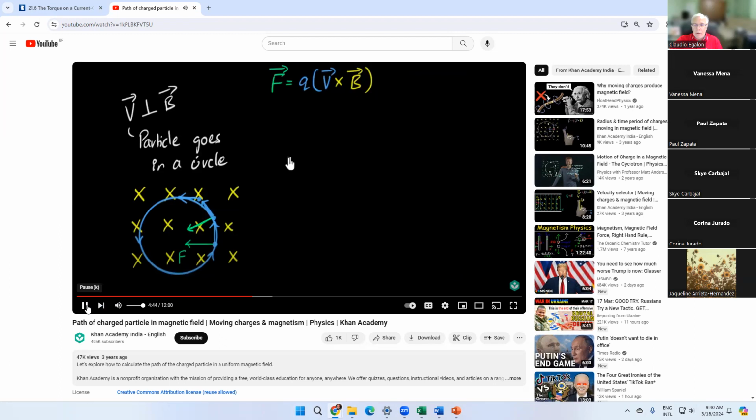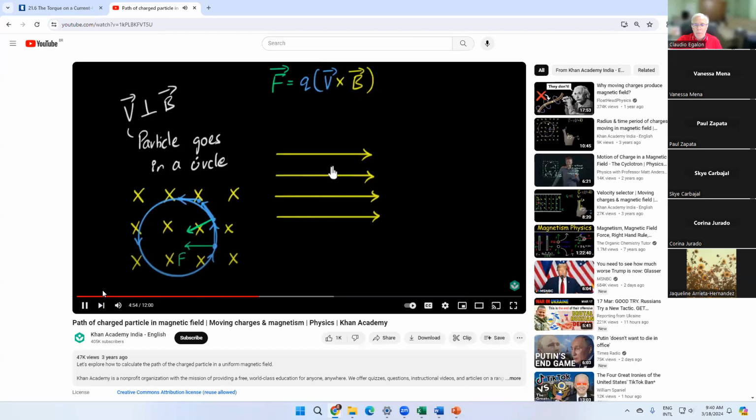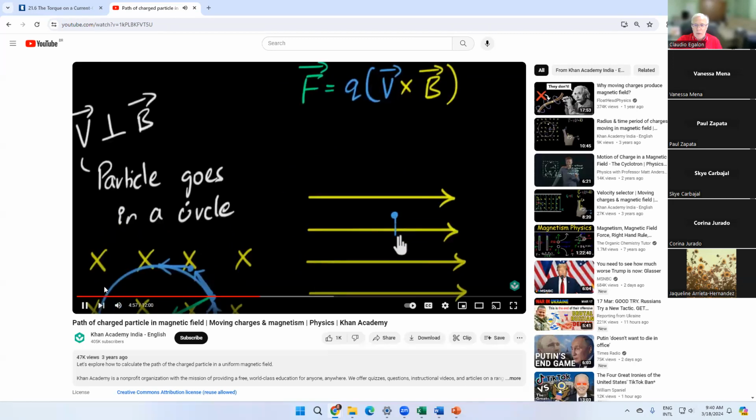What if we have a magnetic field to the right? Like here you go. Now we are orienting the magnetic field so you can see the path of the particle. And let's say we have a proton, a charged particle, moving downwards. So here you go. Again, notice the same case. We have velocity. It's still perpendicular.